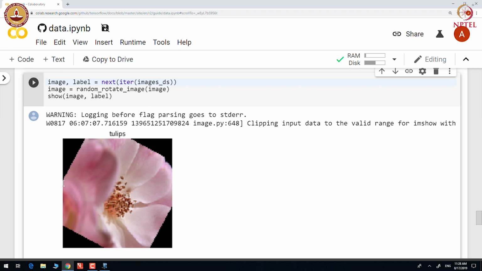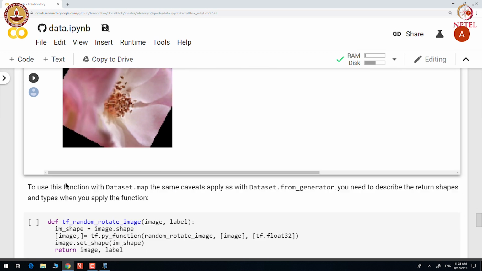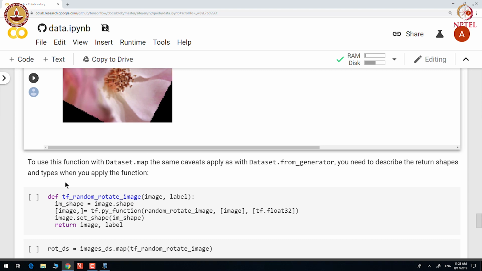You can see the rotated image of this particular tulip flower. Let us use this function with dataset.map.